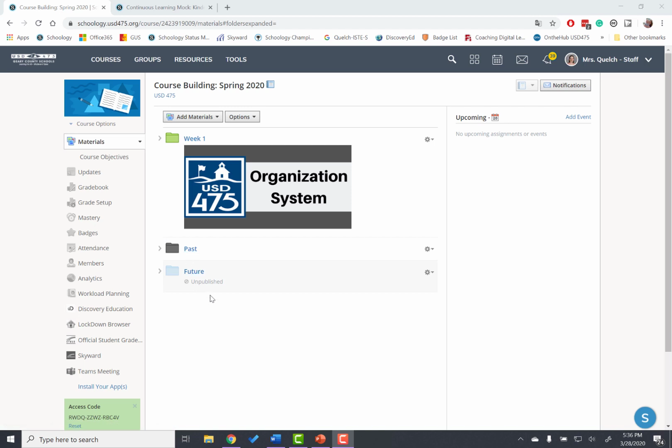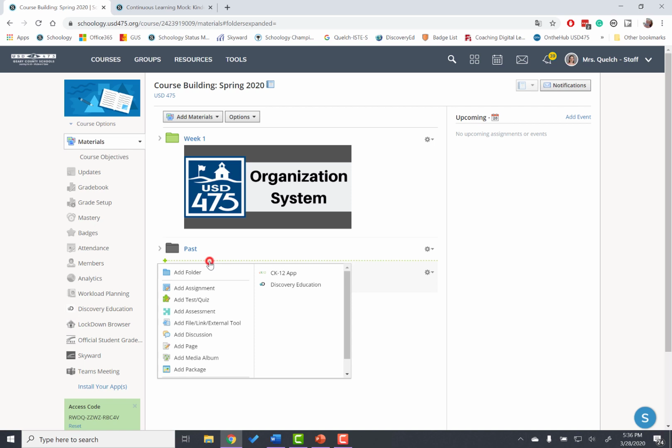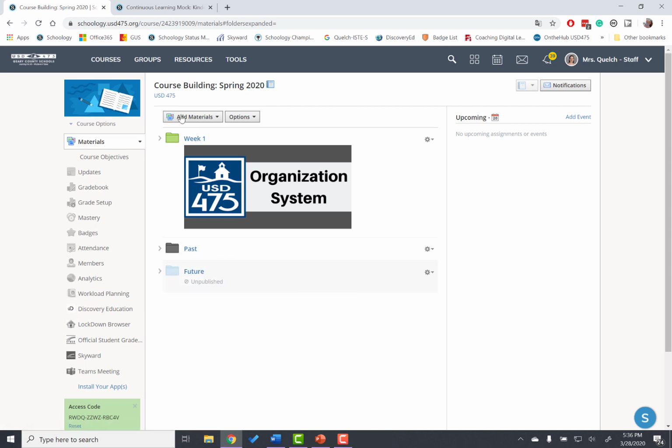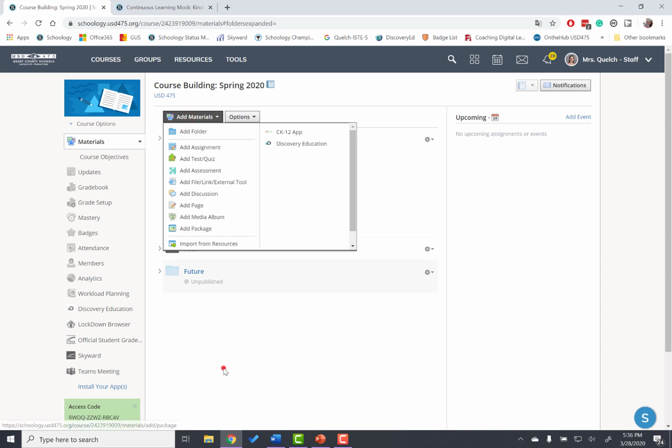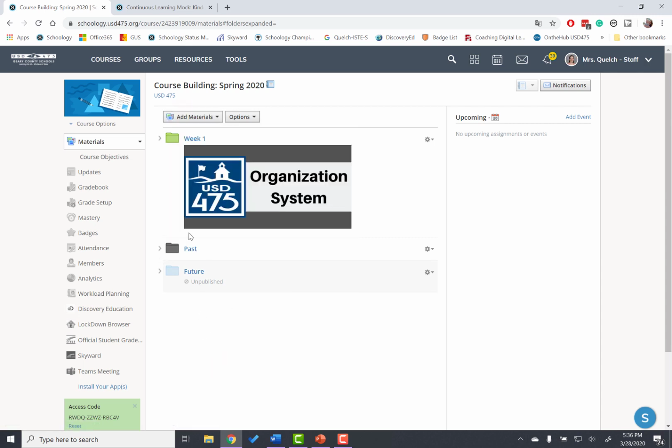And from here, I'm going to start adding my information. The first thing I want to do is add the welcome information, and I want it to appear at the top of the page. So here's a quick tip. When you're in Schoology, if you go to the gray line that's found in between materials, and you get that green dotted line, if you click, you can add an item directly in that spot. If you use the button up here to add it, it'll end up at the bottom,